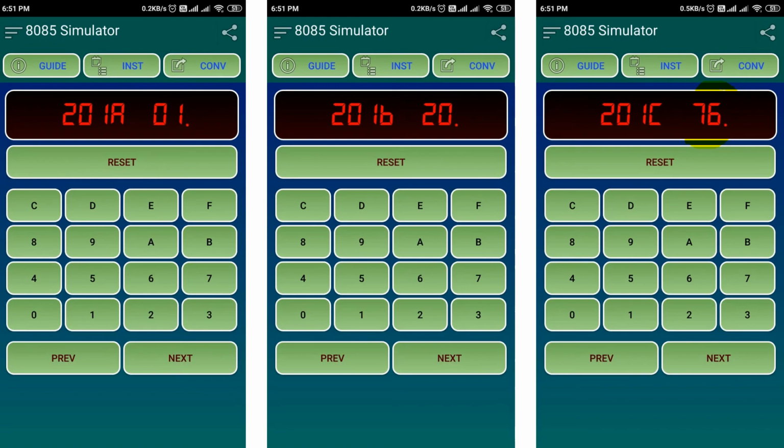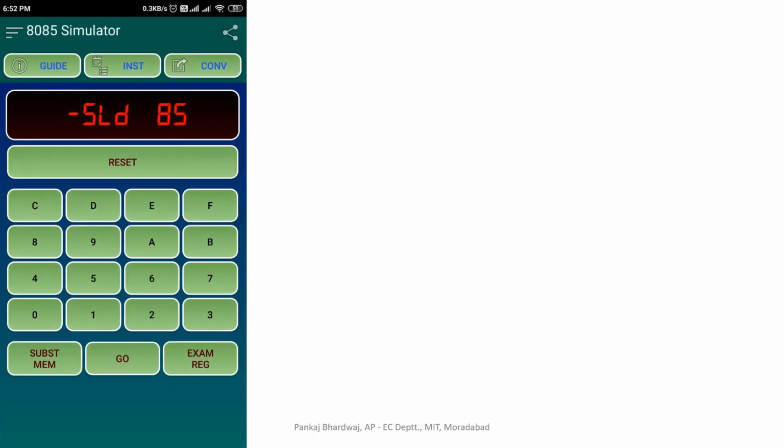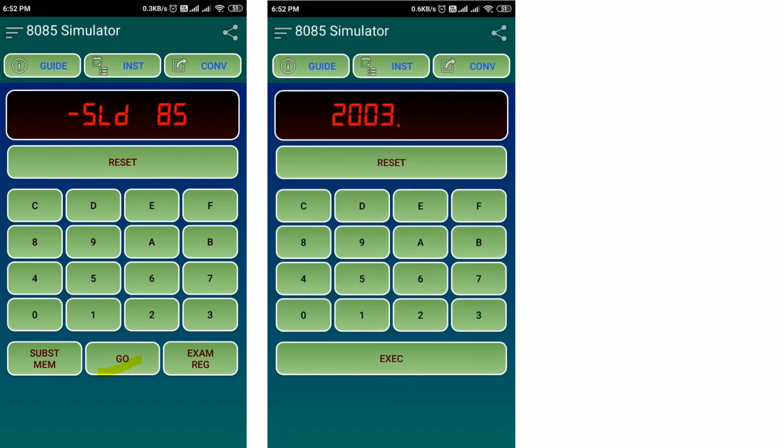So next we need to execute. So here is the execution. We reset the kit and then we click the go button. When we go, we put the memory location, that is 2003. This is the same location from which we started to write the program.